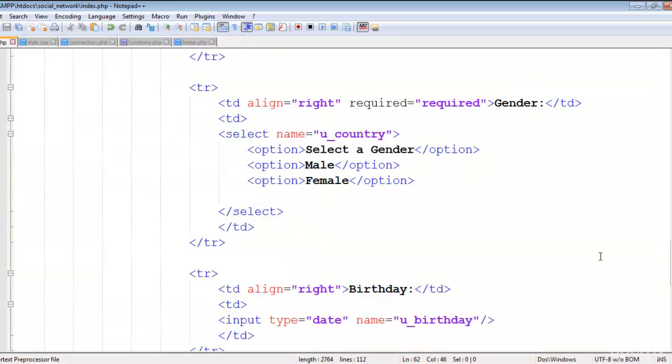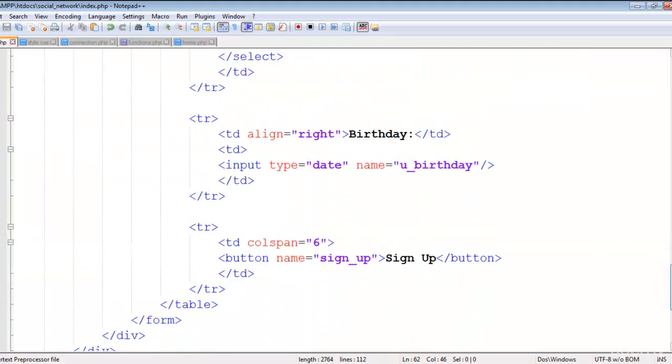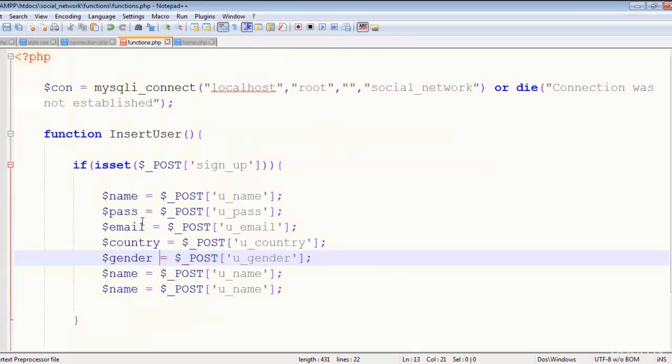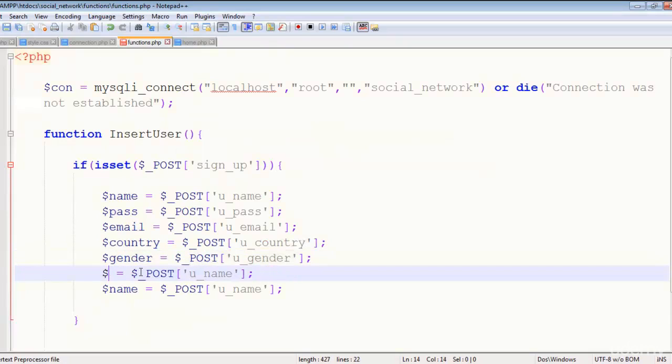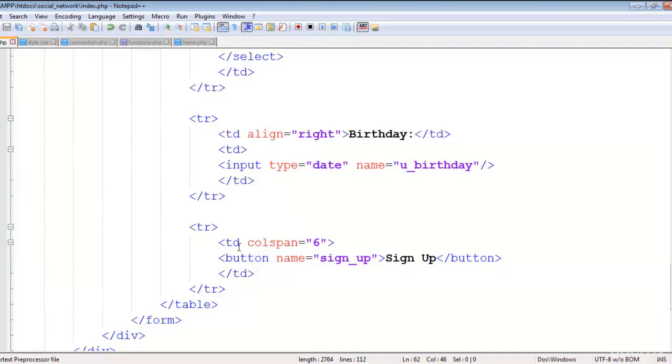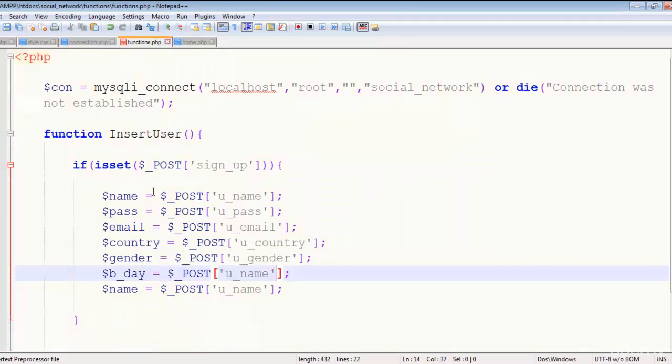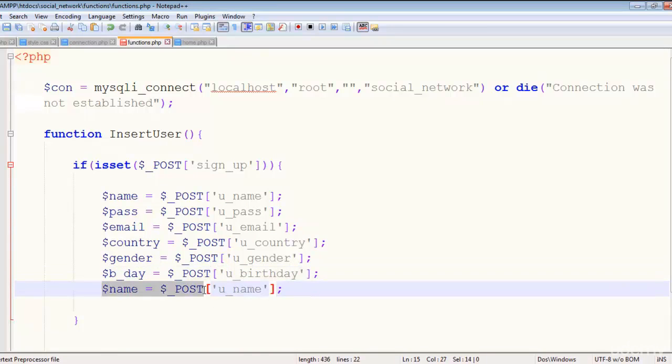The next one is birthday, and we'll say b_day, meaning birthday, and the name we have given there is u_birthday. Okay, u_birthday, that's it. The last one,